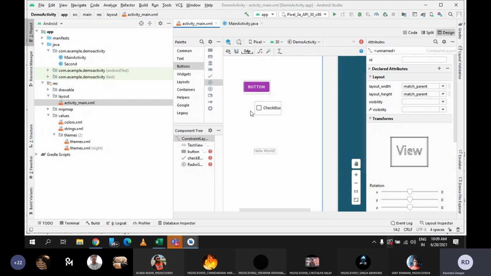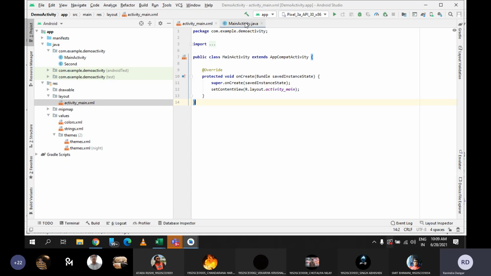So designing is handled by the resource folder, while coding is handled by the Java folder. Because for coding we are going to use the Java language only. So all the Java files must be listed here. उसको दोनों को कनेक्ट कैसे करना है वो मैं आपको समझाने वाला हूँ थोड़ी देर में, कि जो XML में आपने जो डिजाइन की उसको Java में कैसे कनेक्ट करना है. That we are going to discuss. Don't worry about that. ये क्लियर हो गया Java folder? It's very simple. All the Java files must be listed in this folder only.